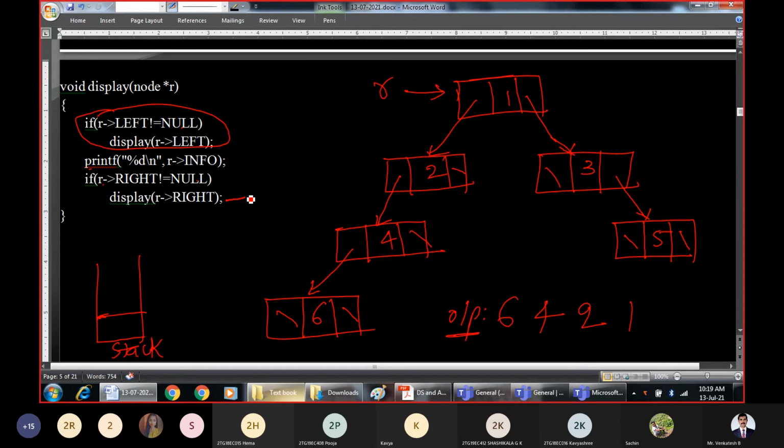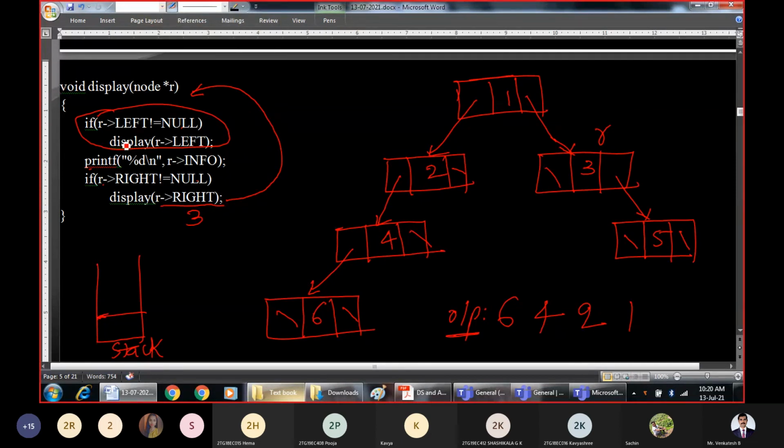What we are doing here again is calling the recursive function. The same function will be called. But what is the parameter this time? This time the parameter is r pointer right. R pointer right is 3. 3 is the parameter. The left was already processed. Now what is the new root node? When you pass r pointer right as the parameter, this becomes the new root node, because that is how recursive functions work.